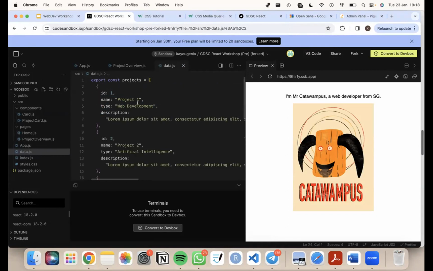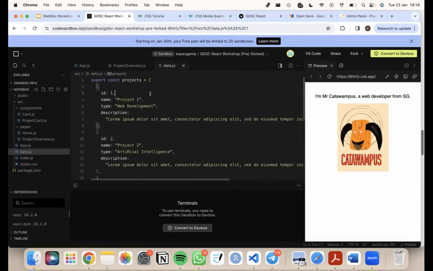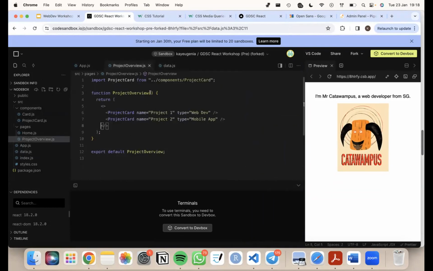Yeah, so this is the project array that you can have. And then after that, for the project overview, we can take in these projects. And then instead of doing this one by one, we can use the mapping function. So over here, it will be